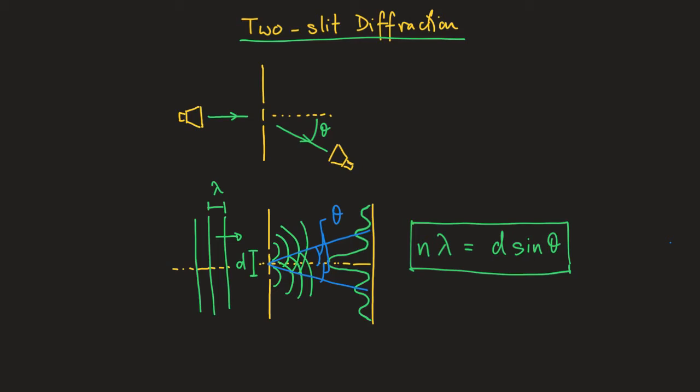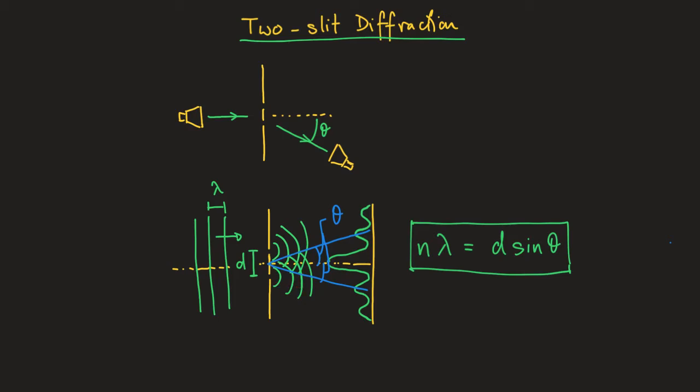Just to review some of the physics behind two-slit diffraction, let's do that for a second. In two-slit diffraction, we imagine that we have essentially plane waves coming in with wavelength lambda. They hit the barrier with the slits in it. The slits are distance d apart. And then on the other side, we get these sort of circular waves emitted from the slits, and when a